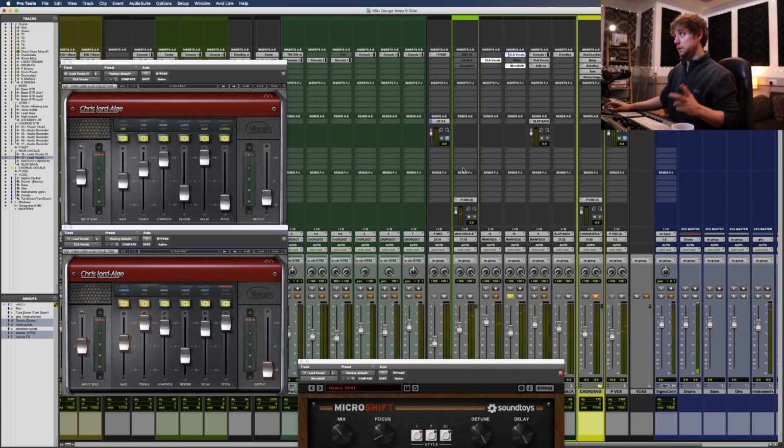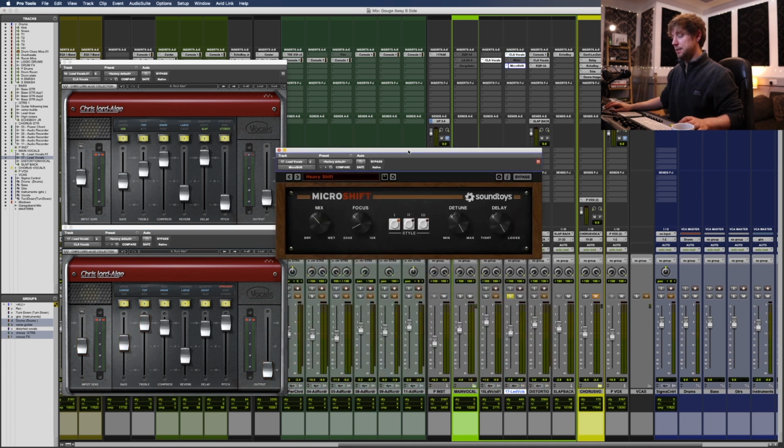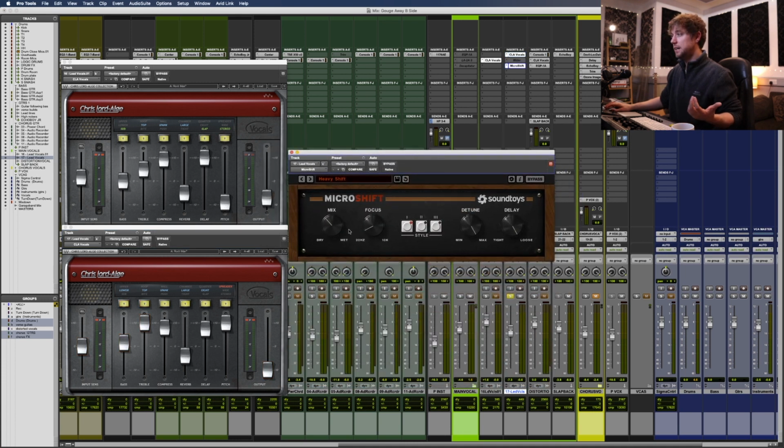The final thing on the vocal is an Eventide-style harmonizer, which we're doing with the SoundToys MicroShift plugin. It's literally a vocal setting which says heavy shift, and I just blended the mix in a little bit to add more of the spreading effect, the chorusing sound and modulation to it. So without it: